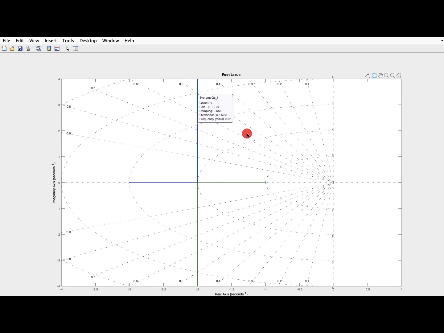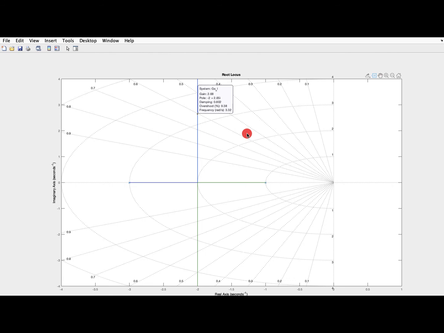So if you move it onward, you can see for higher gains you are moving up, and your damping is basically decreasing if you move it upward. So 0.451, and the overshoot is also increasing because your damping is decreasing. And if I move it down, at any point you can find out the gain. Now from here it will enter into the real axis. So in this way you can find out the gain for a particular position of the pole and the damping factor at that point.